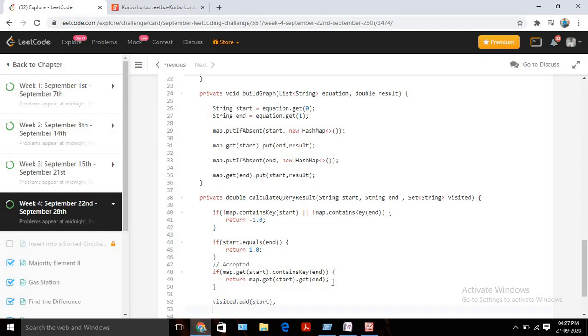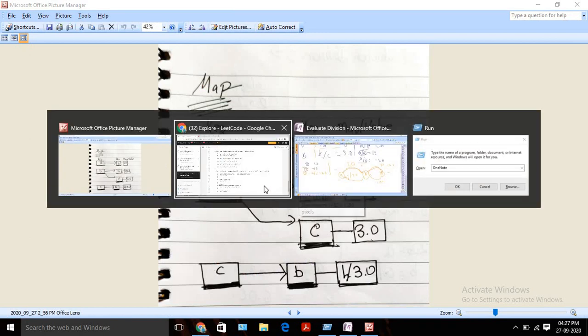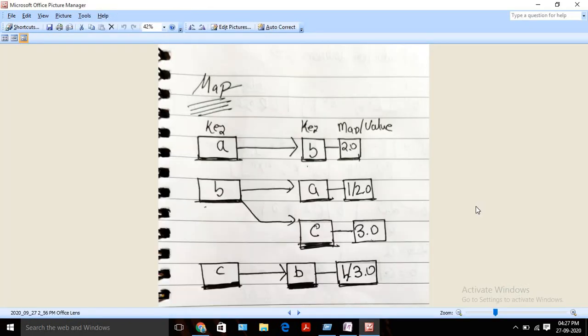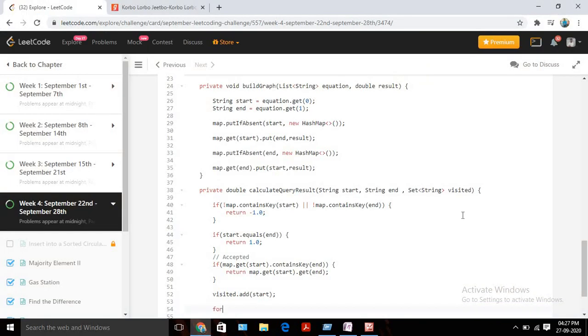Okay, cool. Now suppose I am here, right? Now I need to traverse all the possible paths from a. In this case, it's 1, but we need to consider all the paths. So I am going to write one for loop. So it should be for, and I am going to take the Map.Entry. Since we are iterating through the map, we need to take the entry. Okay, and it will be String, Double. Let us name it entry only, and we are going to take map.get(start), then whatever the map, we are going to take the entrySet of the same.